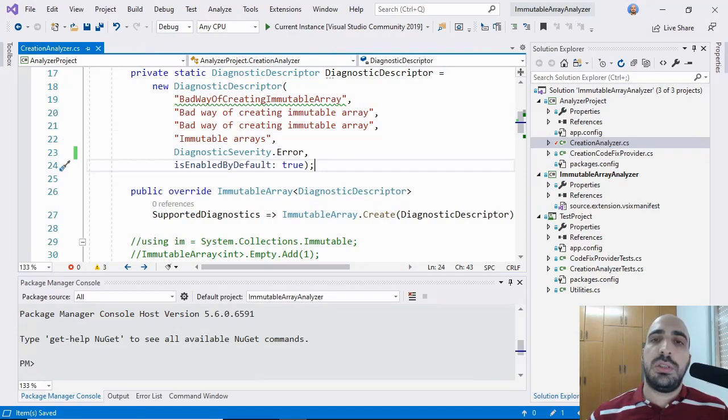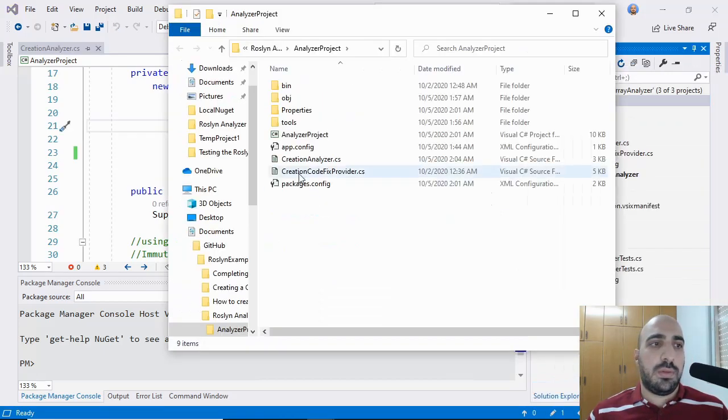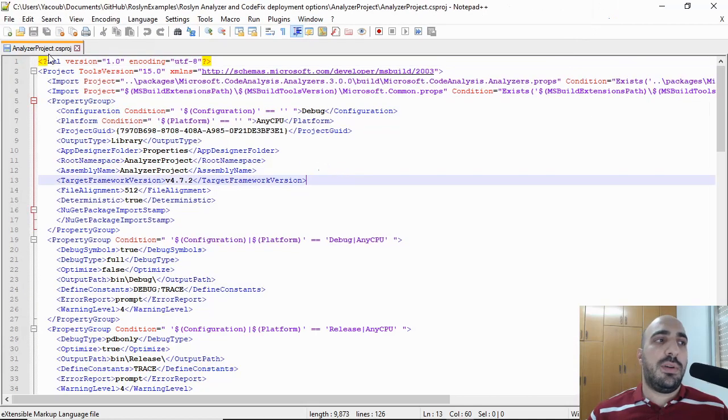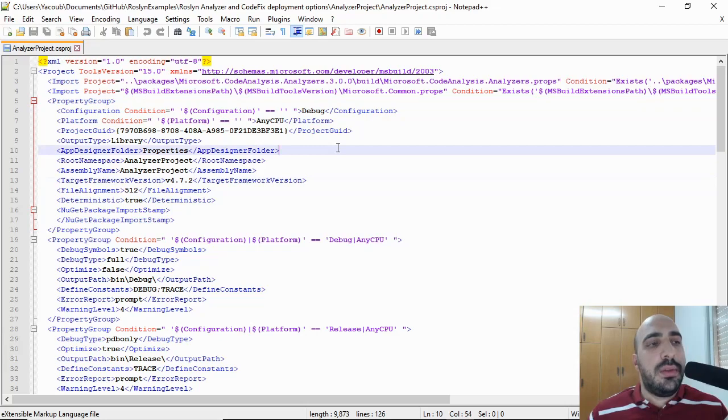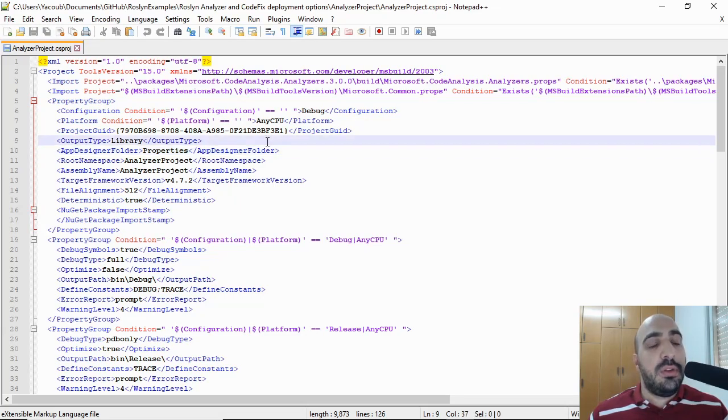So the second approach is to deploy the analyzer as a NuGet package. And in order to create a NuGet package, I can either create a nuspec file, or I can use a new feature in Visual Studio which allows me to create a NuGet package without a nuspec file. Let me show you. So here I have opened the project file inside Notepad++. So this project format is a bit old, and now it's referred to as the non-SDK style project format. And if I migrate to the new project format, which is called the SDK style project format, then it would be a bit easier for me to create a NuGet package out of this project.